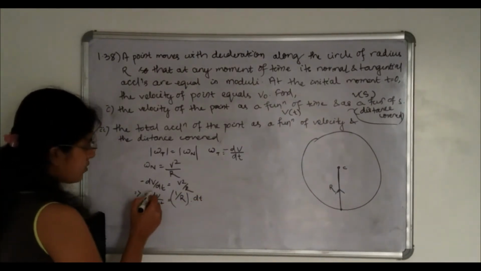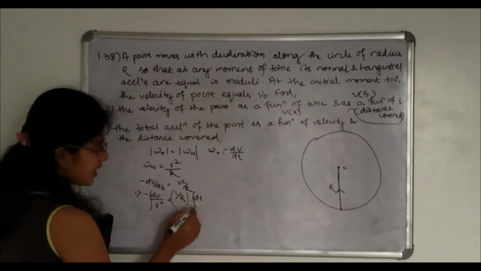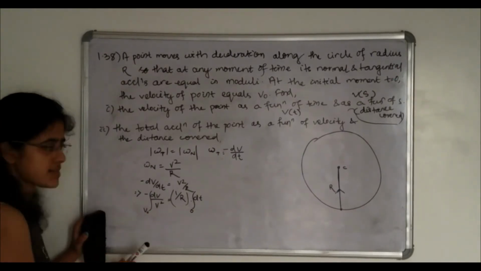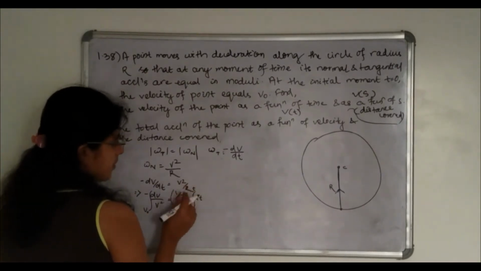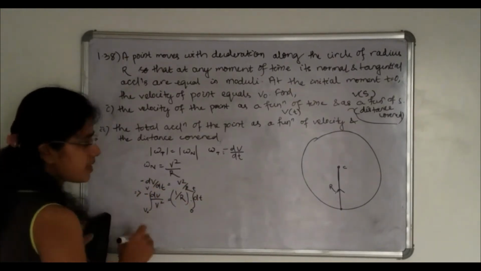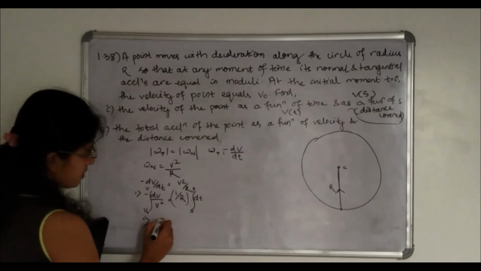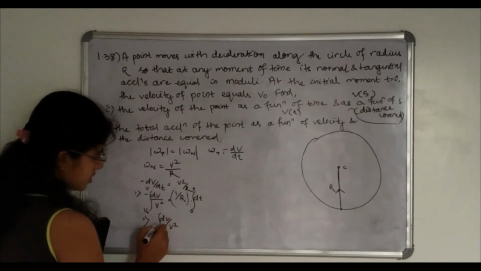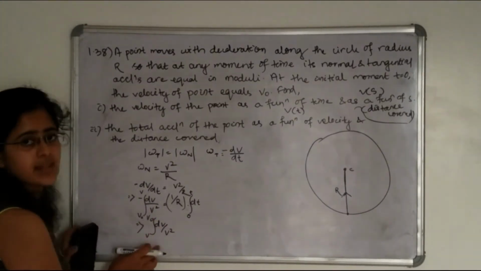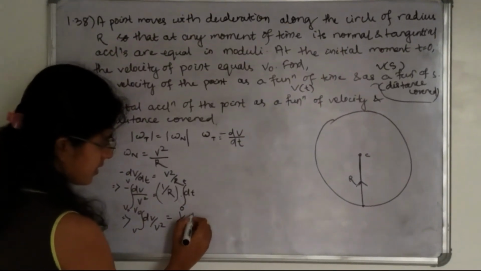Okay. Now we have to integrate this to find the velocity. Initially when time t equals 0, velocity is v naught. In the question it is given. Let us take that the point takes time t to reach some position and the final velocity will be v at this position. So dv by v square, from v naught to v. To negate this negative sign, we can write it as equal to 1 by r into t.